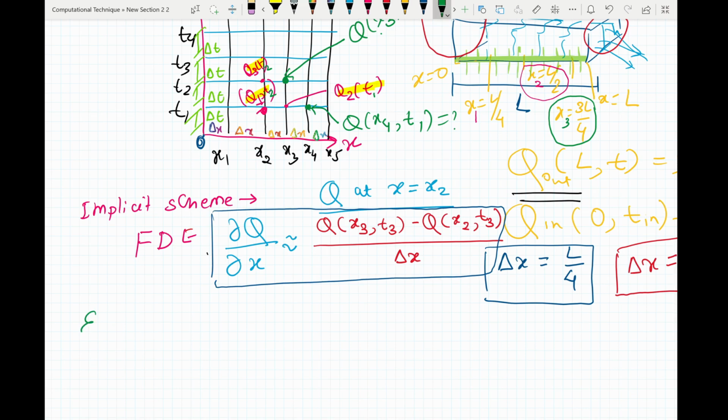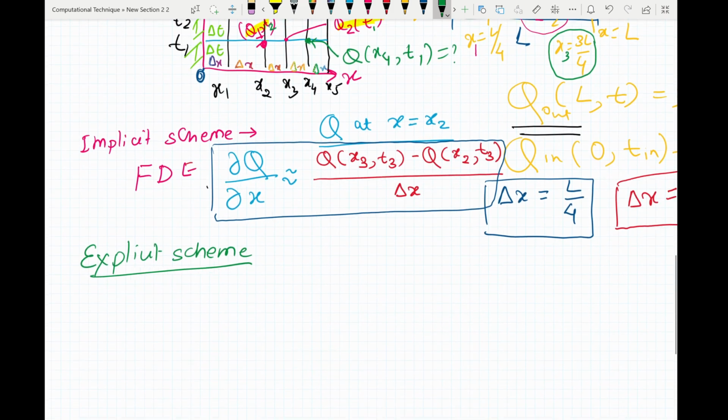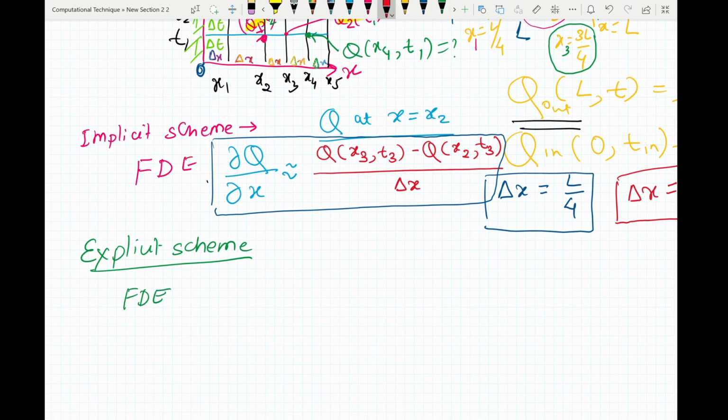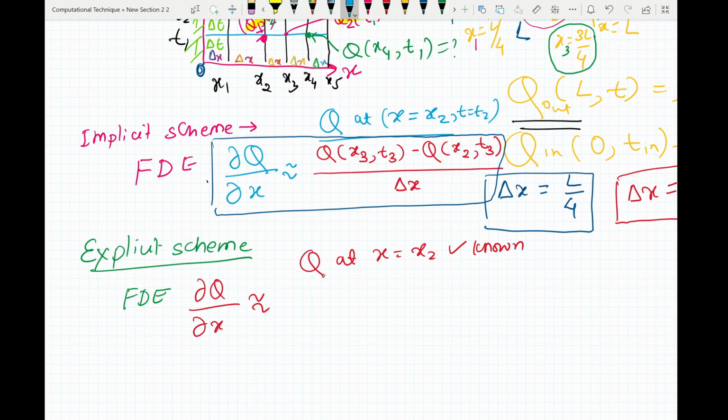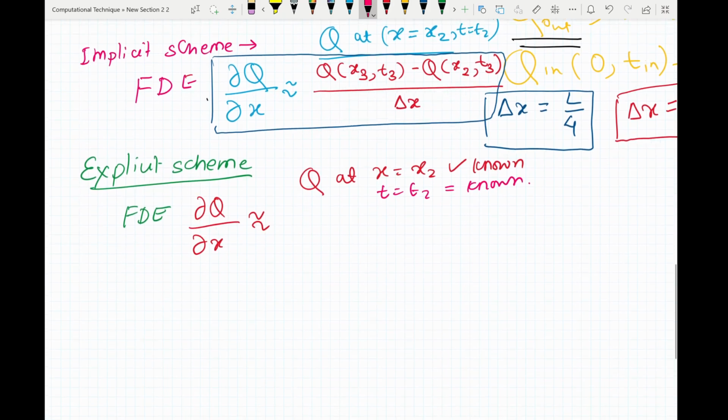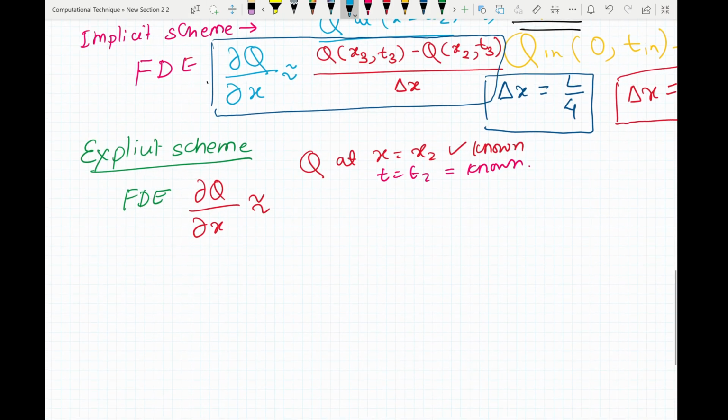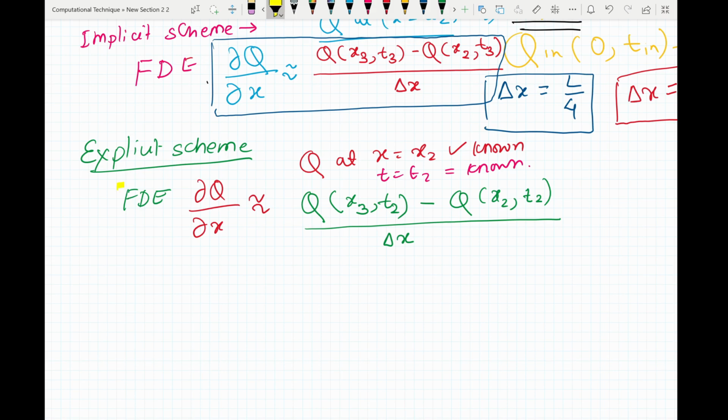Now for the explicit scheme, when you represent your FDE like dq by dx, where you know q at x equals to x2 and t equals to t2 are known. Now if you represent this finite differential equation in this form, then such a scheme is known as